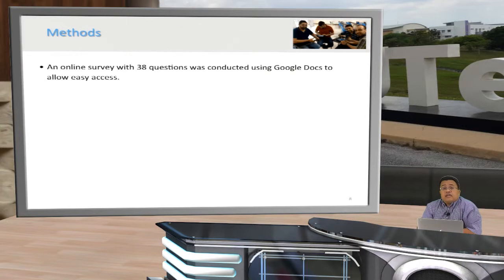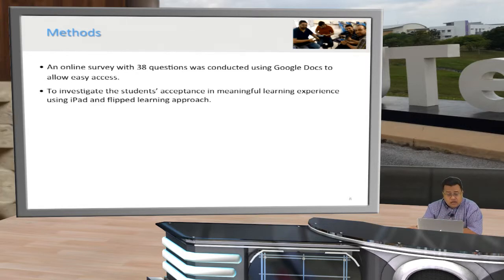So what we did is we prepared the online survey. We prepared 38 questions through Google Docs, and we asked our students to answer the questions. The participants, the students, investigated the acceptance of meaningful learning experience using iPad and flipped learning approach. And then the methodology that we use is the ADDIE model, a step-by-step approach, where, if you all know, this is